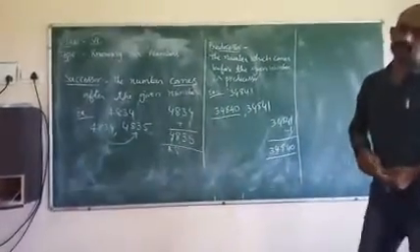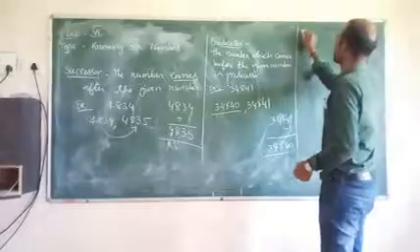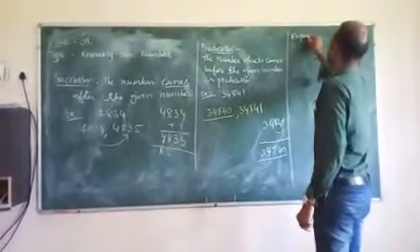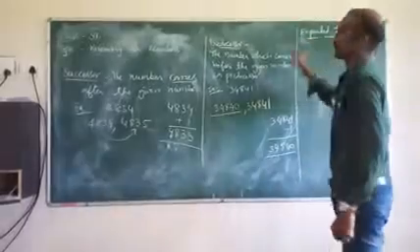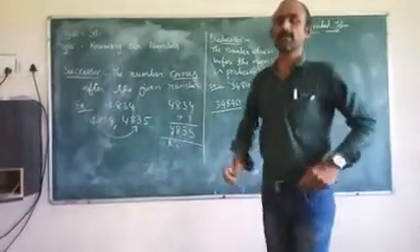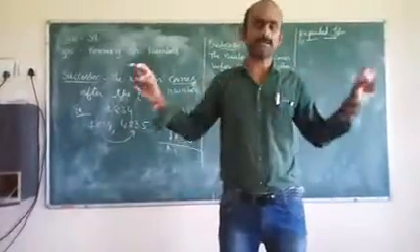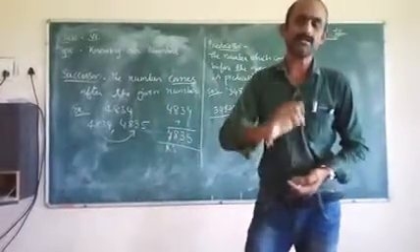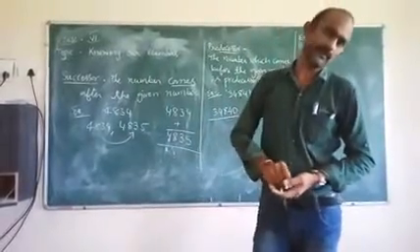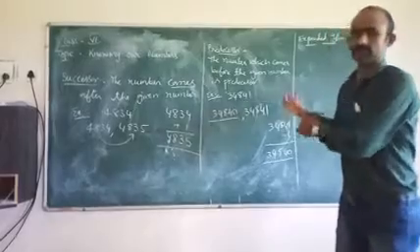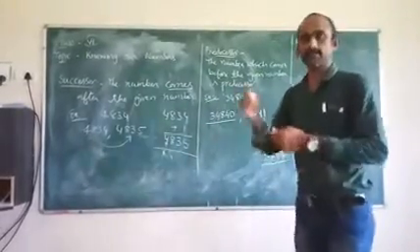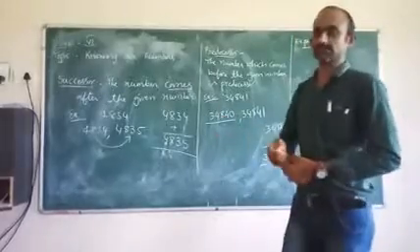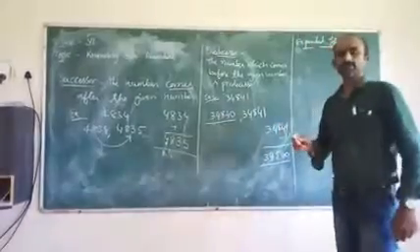Now coming to the other topic, it is expanded form. Expanding means what? Make it separate, according to the place values. Now you can take any number, not only single digit, 2 digit, 4 digit, 5 digit. Any number you can take, even a 10 digit number. We are taking one number.